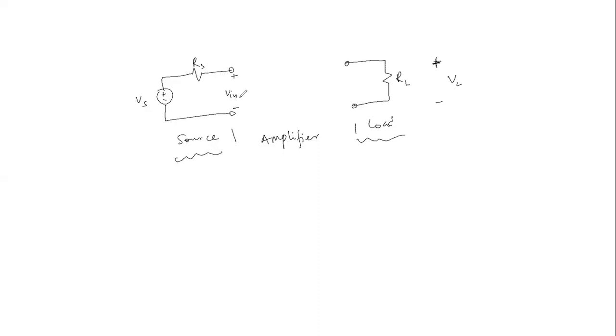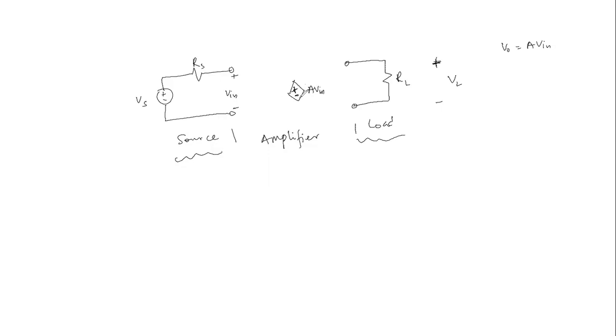And since the amplifier is meant to boost the signal level, as already established, where V0 is the same as A V in, then the load RL will see an amplified version of the input voltage, which may be modeled using a dependent voltage source. So at this point, plus, minus, A V in. So in other words, this is some dependent voltage source depending on this input voltage, but scaled by some